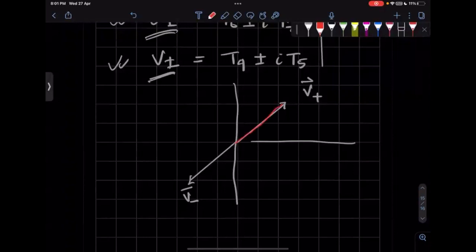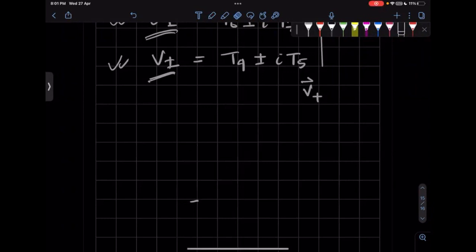Okay, let me draw it a little bit better. This is V minus, and this is V plus, and this has a hexagonal structure, I plus, and because of the hexagonal structure of the root